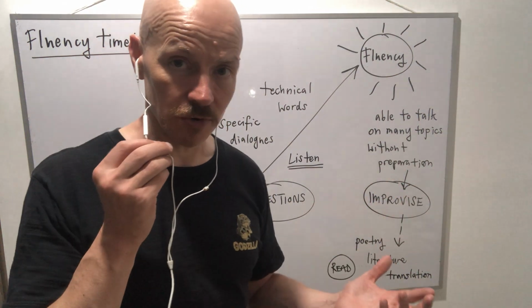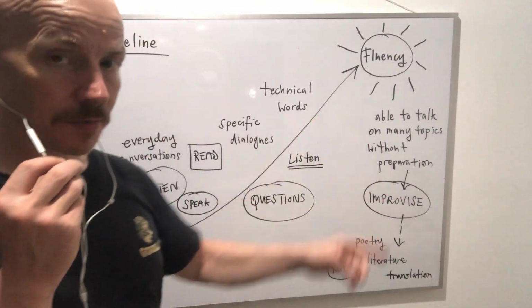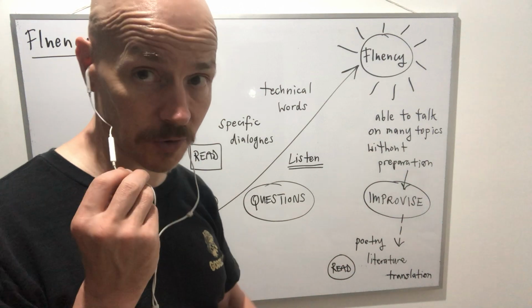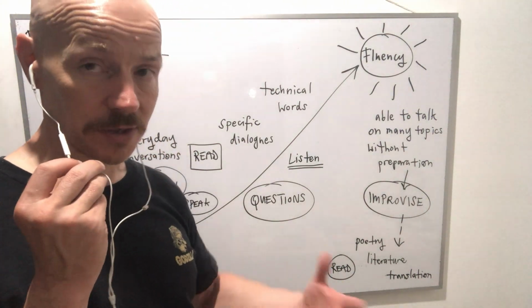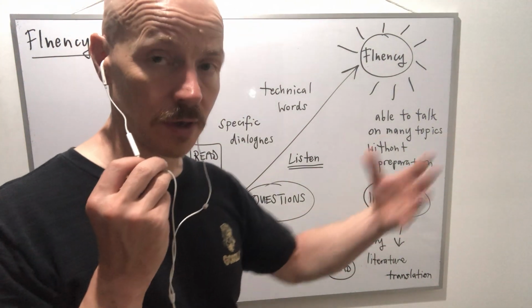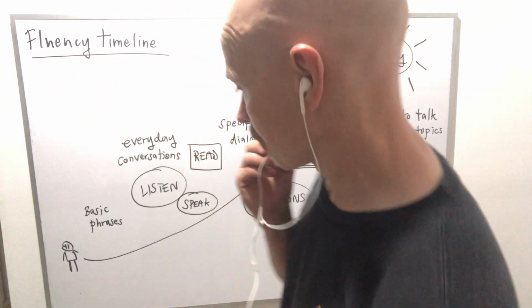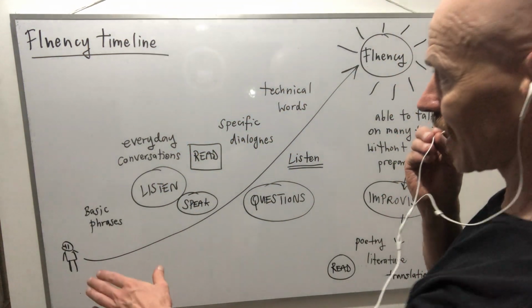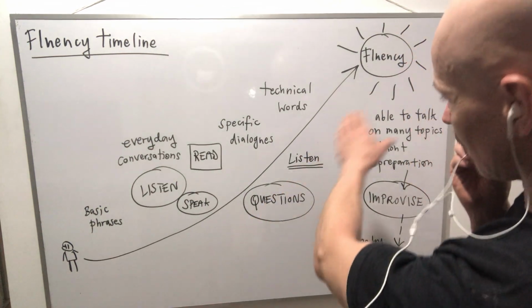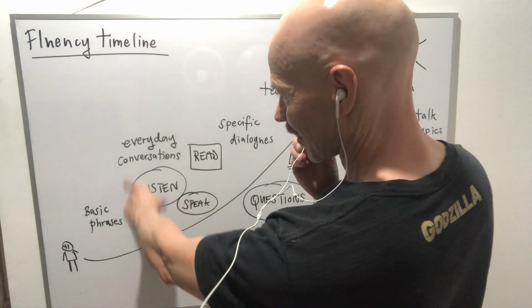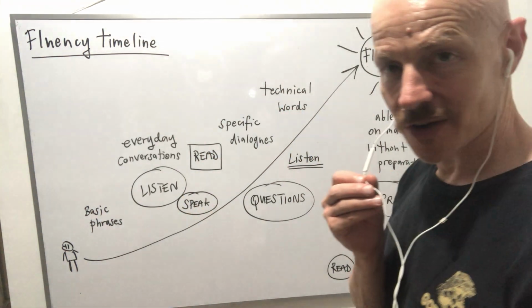Obviously we can always improve, but to do that it's just another cycle of more things. We need to basically come across more words. Our easy way to do that is just to continue reading on different topics that interest us. So there we go. That's basically how I would suggest I think it kind of unfolds. Quite how long this takes will depend a lot on us, how much time we have